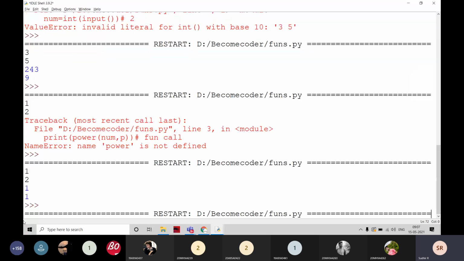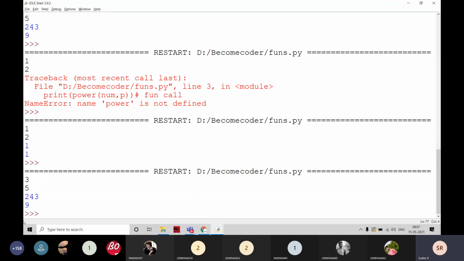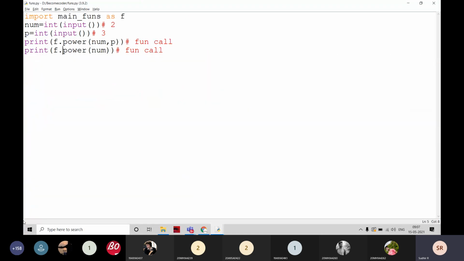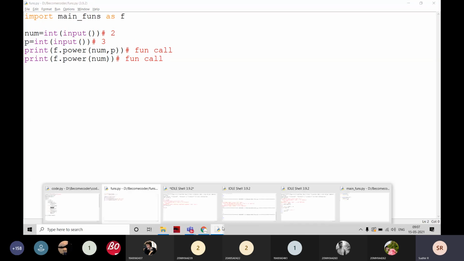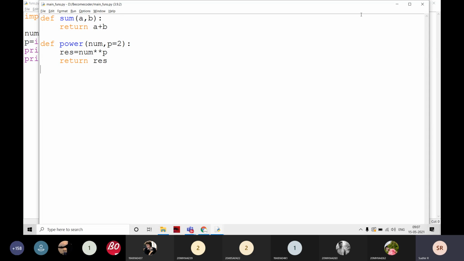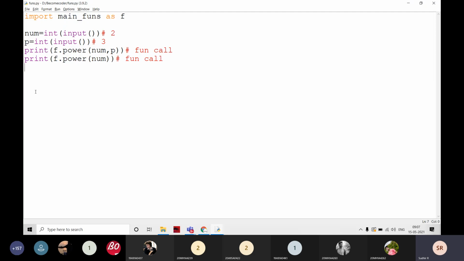For better understanding, I am going to print here like this. It is printed normally. Is it clear? It is working normally, but the function definition is not here. The function definition is in there. I can call this function also, and this function also.